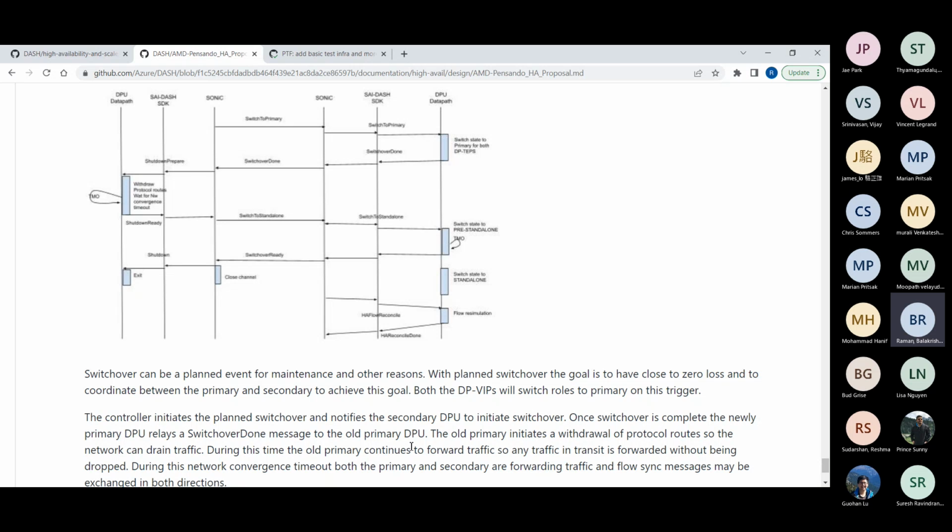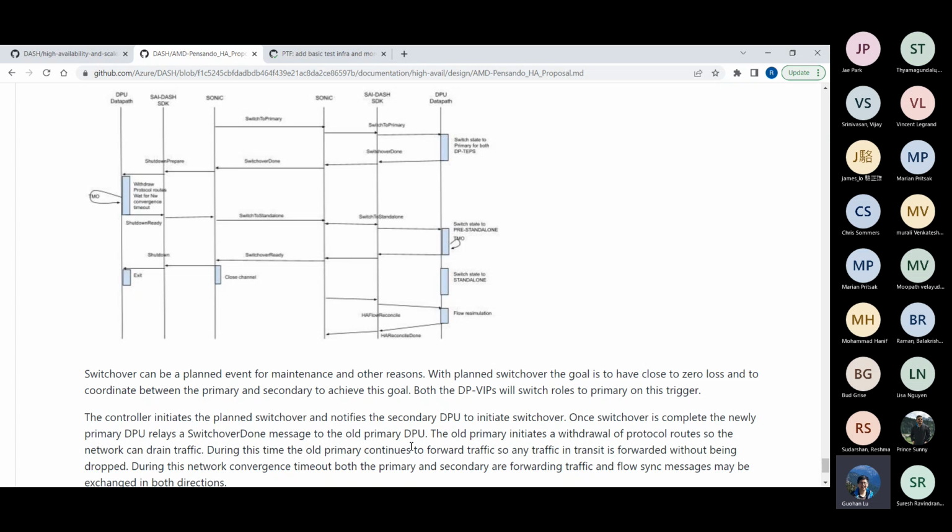The sync will all happen the same way. I'm asking what the previous active's behavior is in terms of the SIM packet. It is continuing to send it to the peer. So the active will still continue.